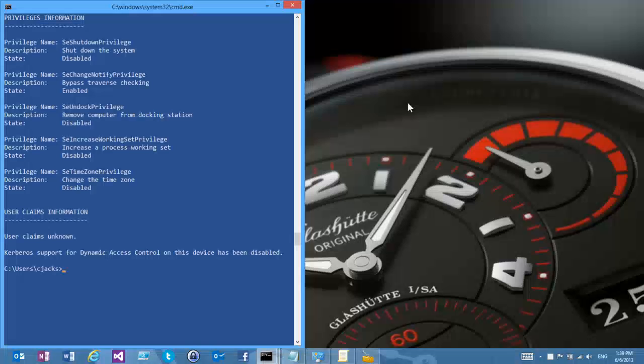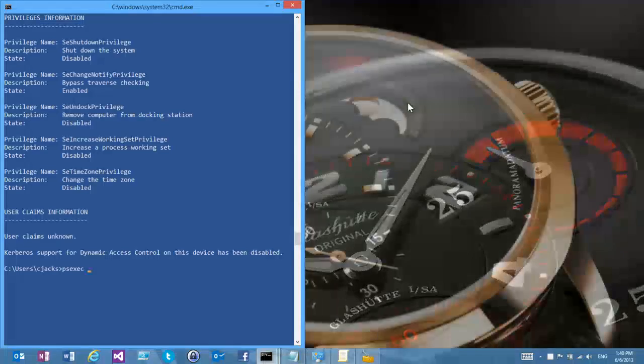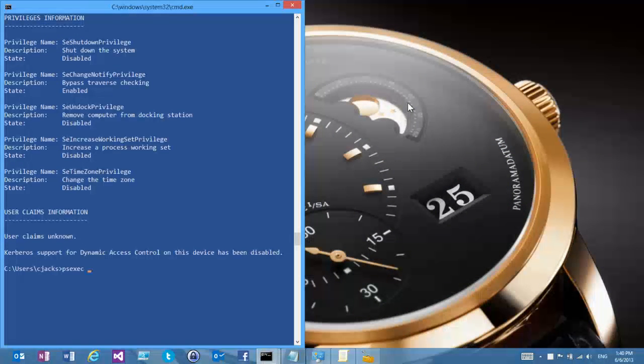All those different levels mean we can start to make decisions to say, oh, you're less trusted, now I won't do anything for you. And I can actually see that. I'm going to use another Sysinternals tool called PsExec, which lets me launch a process configured in a different way. The -L switch will launch it in low integrity. I'm going to say, this is an untrusted process, and I'm going to launch Notepad.